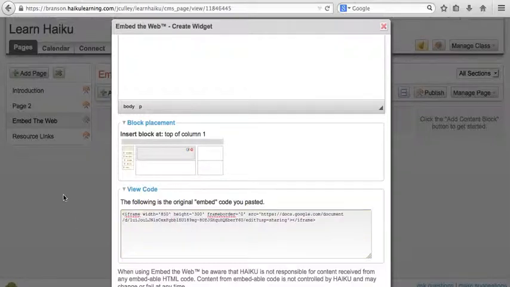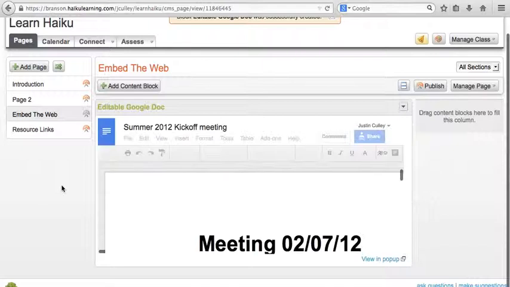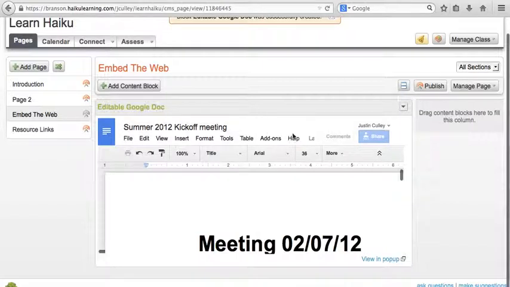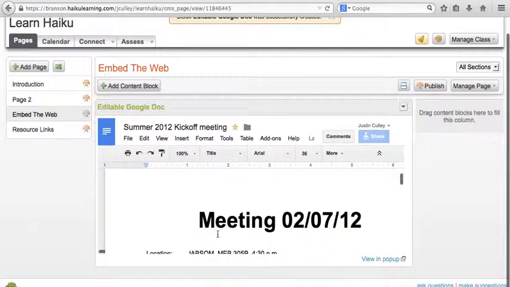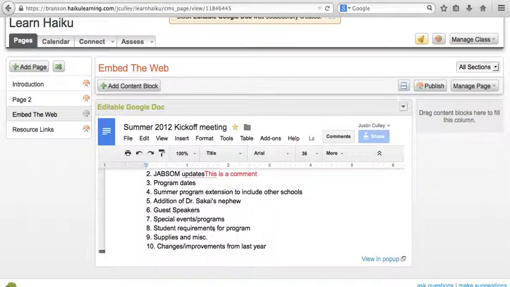We'll save that. And then right here in this block, you should see in a moment as it chews on that. I think I have a slightly slower connection. There you go. The Google Doc appears here, and you'll notice that it has the title and it has all of the editable features up on top. But you also will notice that, oh gosh, well, this seems to be a little cramped. Although you can type right in this window. It's only 300 pixels high by,